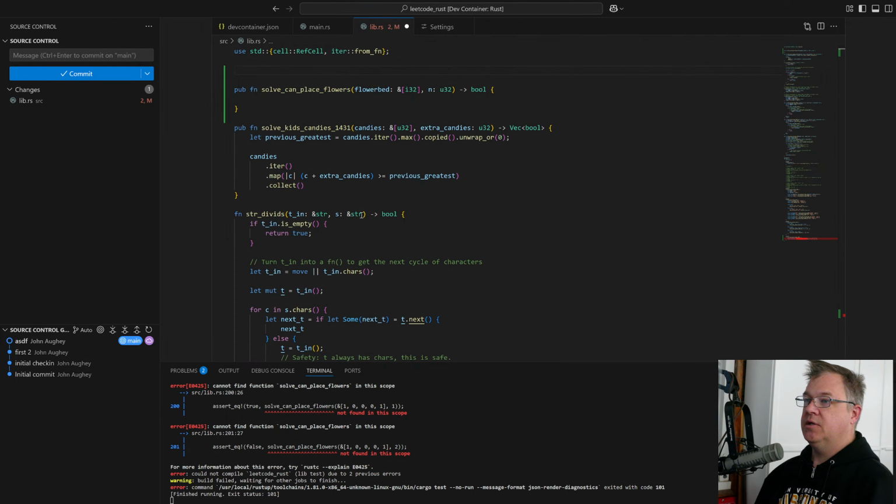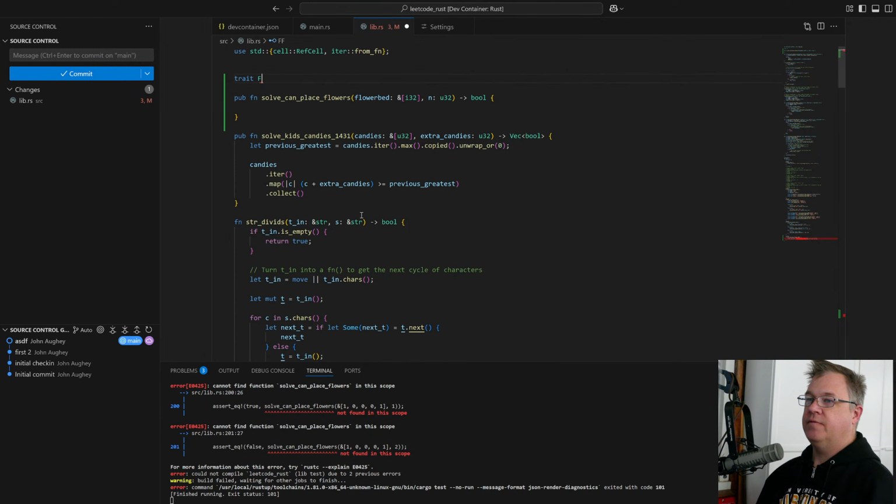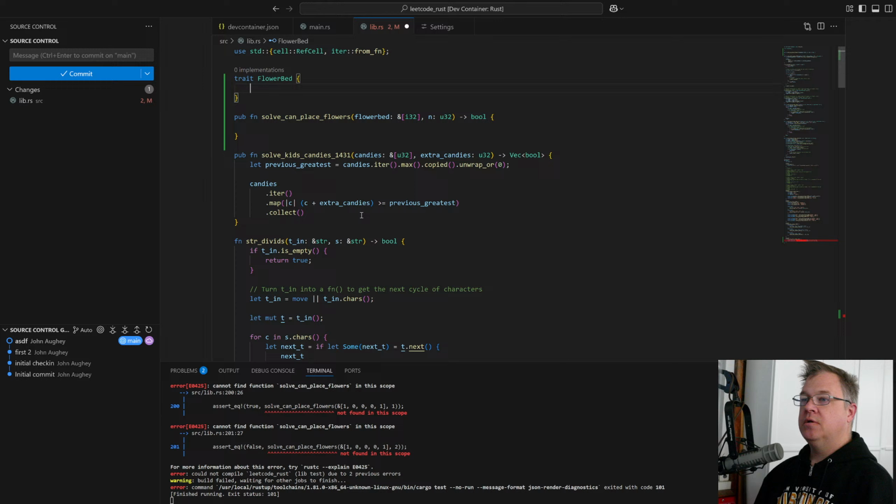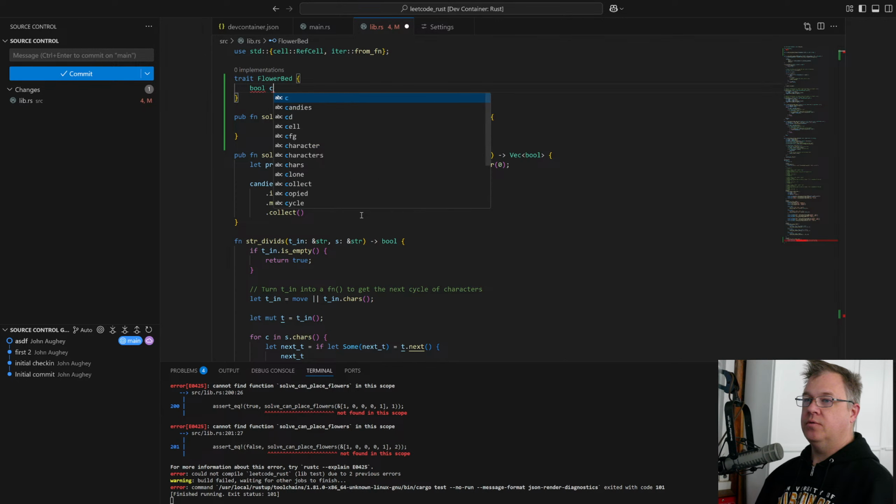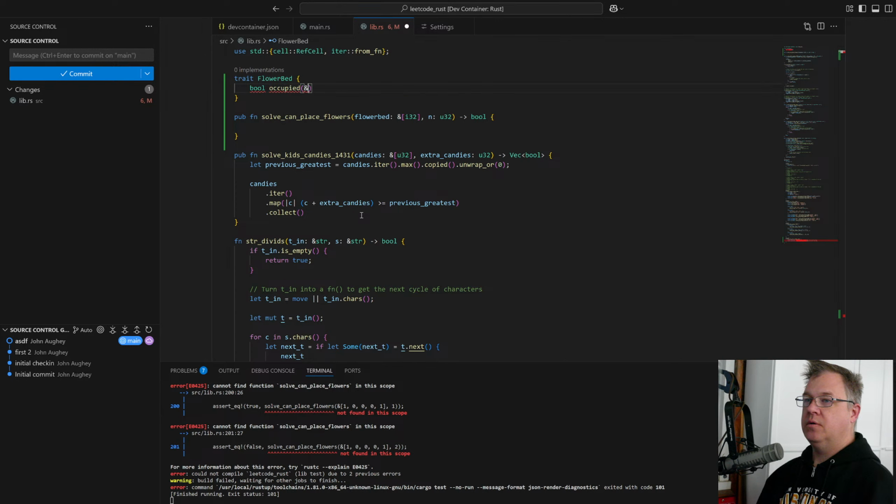but impl trait flower. So I'm going to do a thing with traits here. Bool occupied self. Oh, do we want an index?